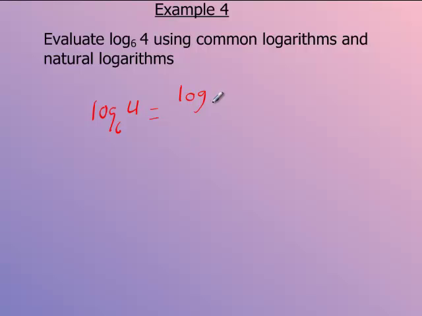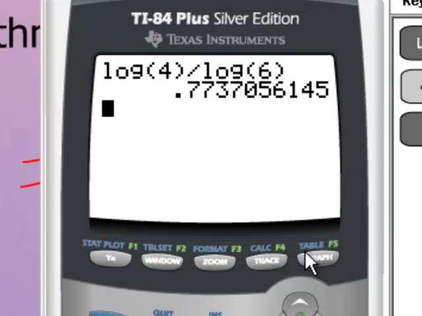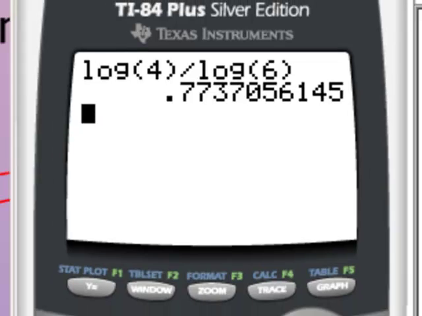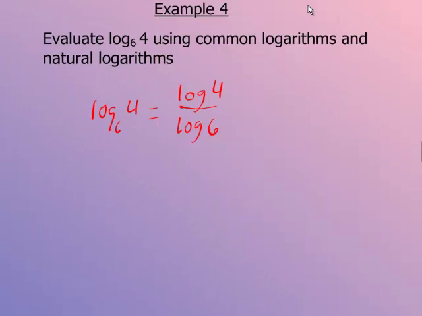So I'm going to say log base 10 of 4 divided by log base 10 of 6. So notice where the 4 goes and where the 6 goes. And when I evaluate that, I enter that in my calculator. So if you have an older operating system, you'll have to do it this way to calculate the value, and that's going to give me approximately